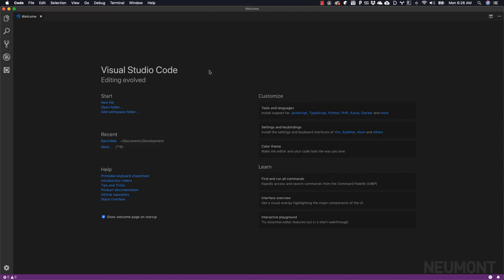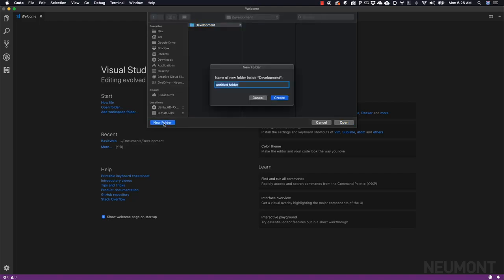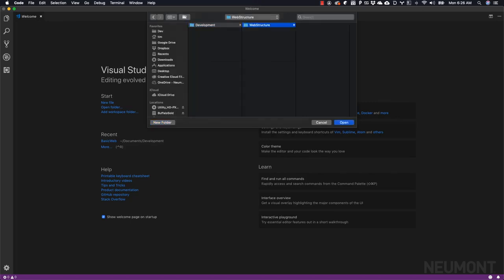So right here I've got Visual Studio Code open. It's the one that we've been using throughout the class, probably the one that you've been using for all of your projects. So let's go ahead and begin by creating ourselves a project folder. I'm going to start out in the My Documents folder. I like to keep everything organized with a development folder, and then inside of that folder I'm going to create a root folder for my website. Let's call it just web structure, and that is going to be the root